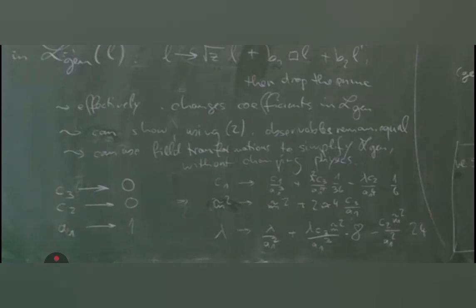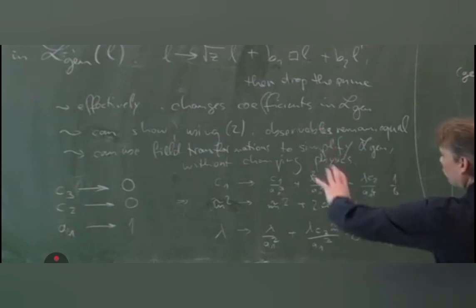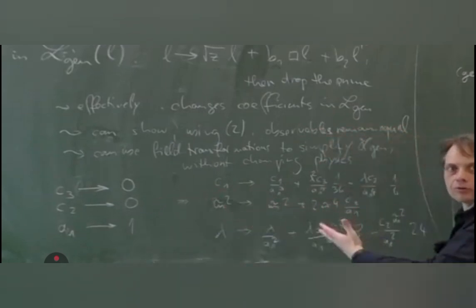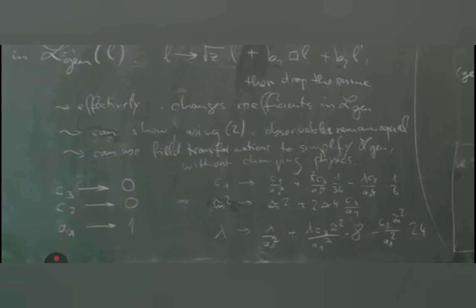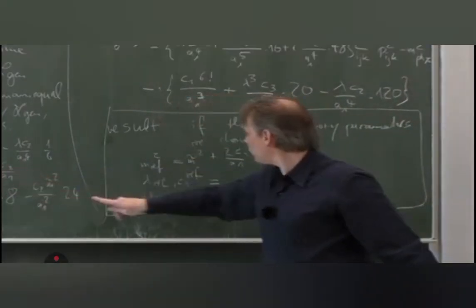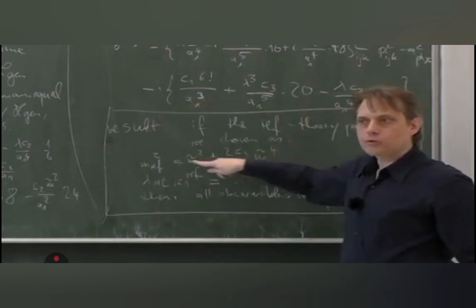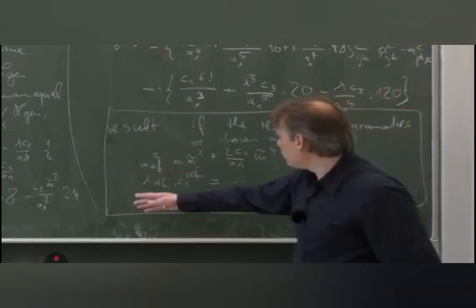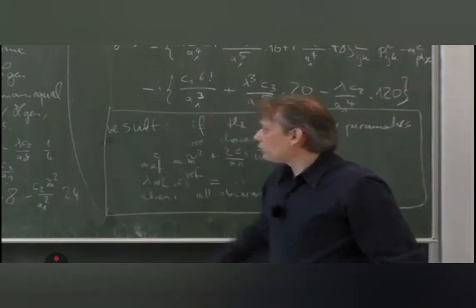So this is the outcome. You now know that you do not change the physics if you change the 6 coefficients in this way according to the field transformation. And lo and behold, you observe something beautiful, namely this change is exactly the same as that change over here. Looking at the simplest, m tilde square becomes exactly this polynomial. That is exactly the same as the relationship to this reference mass square. And similarly, for lambda and C1, it is exactly the same,